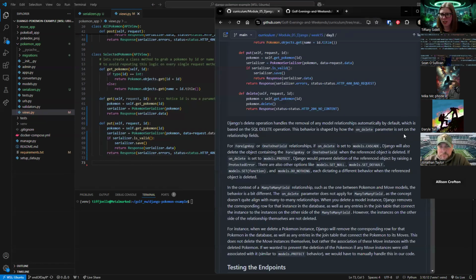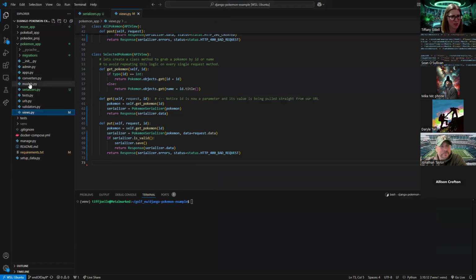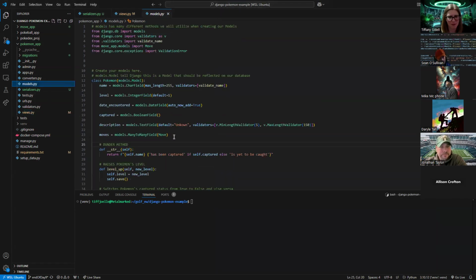So Django's operation handles the removal of any model automatically by default. So this will delete the Pokemon. But then we also have the onDelete parameter that we used to set in our relationship fields. If we look back under here in our models, we don't have an onDelete